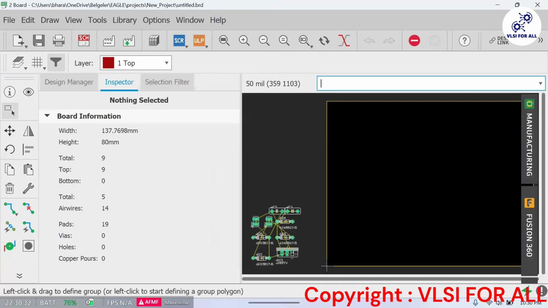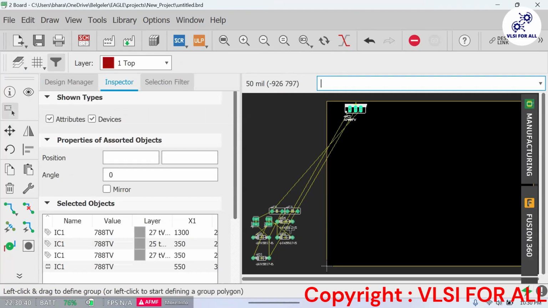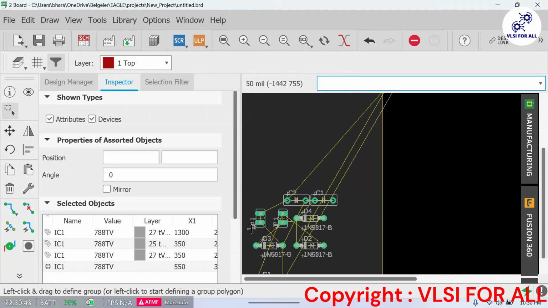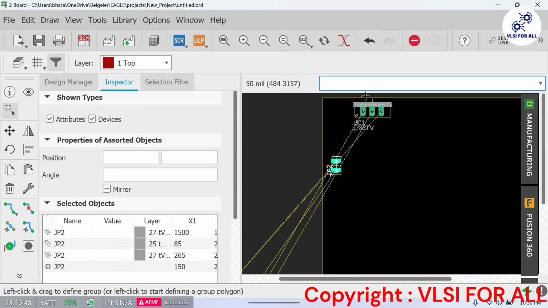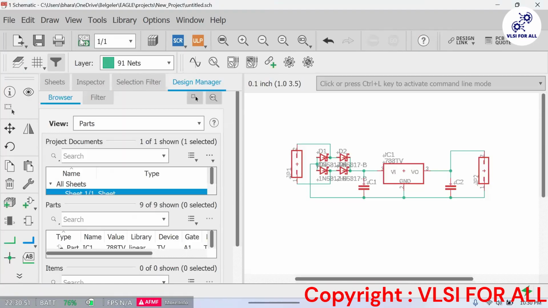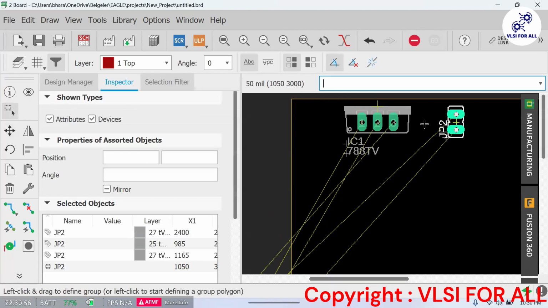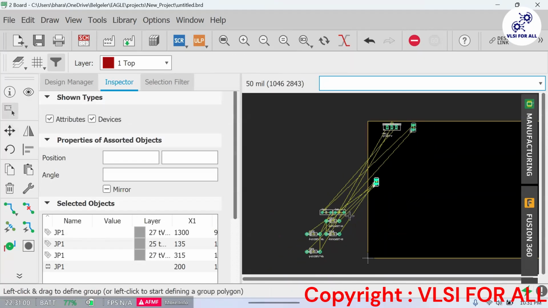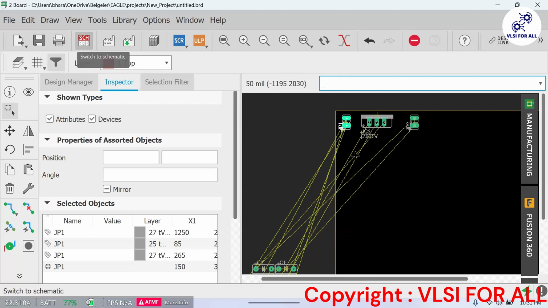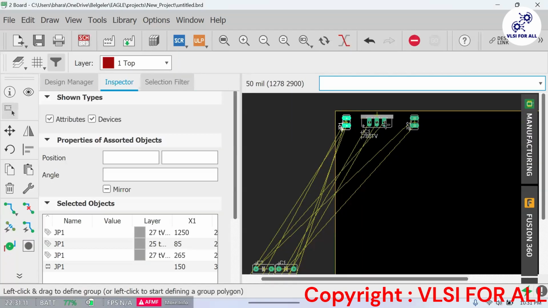To make the layout, first we will put this block here, then we will go for these terminals. We will go for the input lines where we will put this one. One second, JPT2. JPT1 will be the input, JPT2 is the output block. We should every time follow the schematic flow. Wherever the blocks in the schematic are, we should follow that. We should not put it here and there. It's not a good thing.